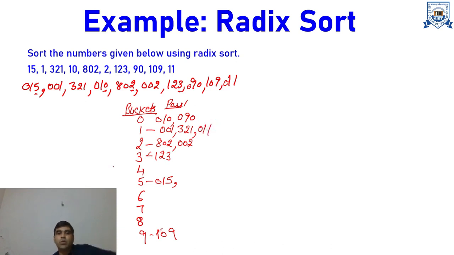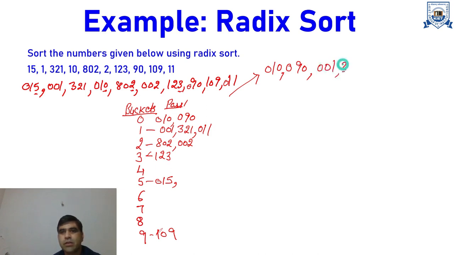Okay, so what we need to do after the first pass is take these numbers from the buckets. For example, first from bucket 0 is 010. After 010 we have 090. After 090 we have